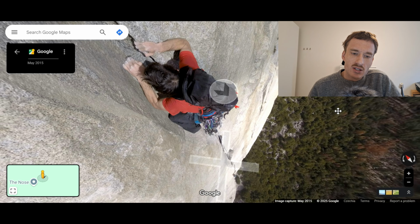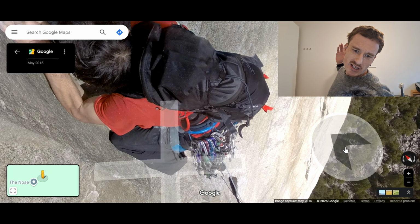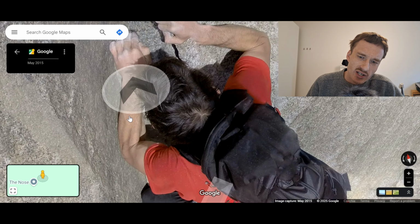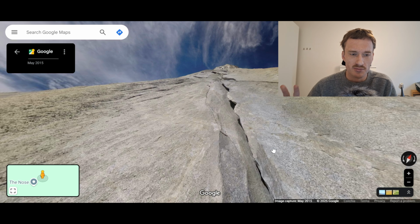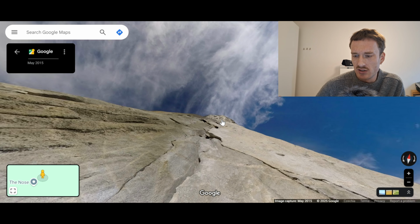Oh, man, this is just crazy. Even with a backpack, you know, how much difference it must make to have this weight. And here you see the strength in his arms. I don't know how long it will take to go up here. Perhaps a few hours even, because you're very slowly moving. Not like we are now, so you need arm strength and you need to be tight in your body at all times. So this is actually quite